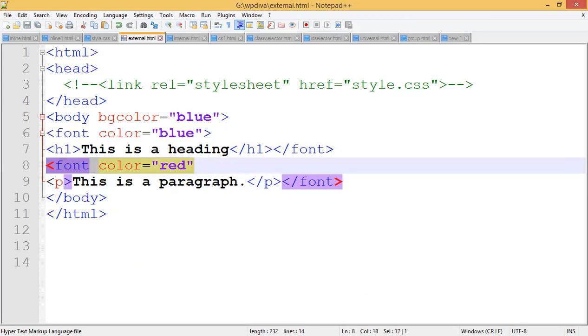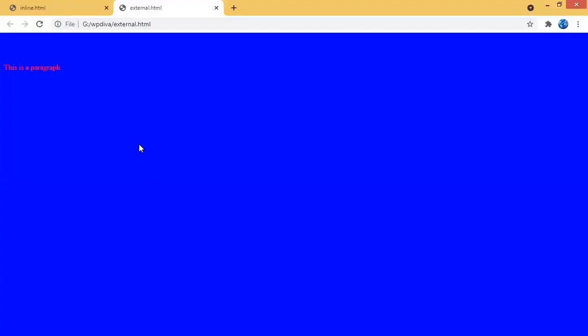So after running the code, what will happen? When I execute this code, it will appear in this color. Are you getting? For paragraph only, we have taken red color. H1 is blue, background is also blue. So what will happen? I needed to apply the tag everywhere. Everywhere I must keep on including the tags, which will also increase the code, and it will not be comfortable to write the code.